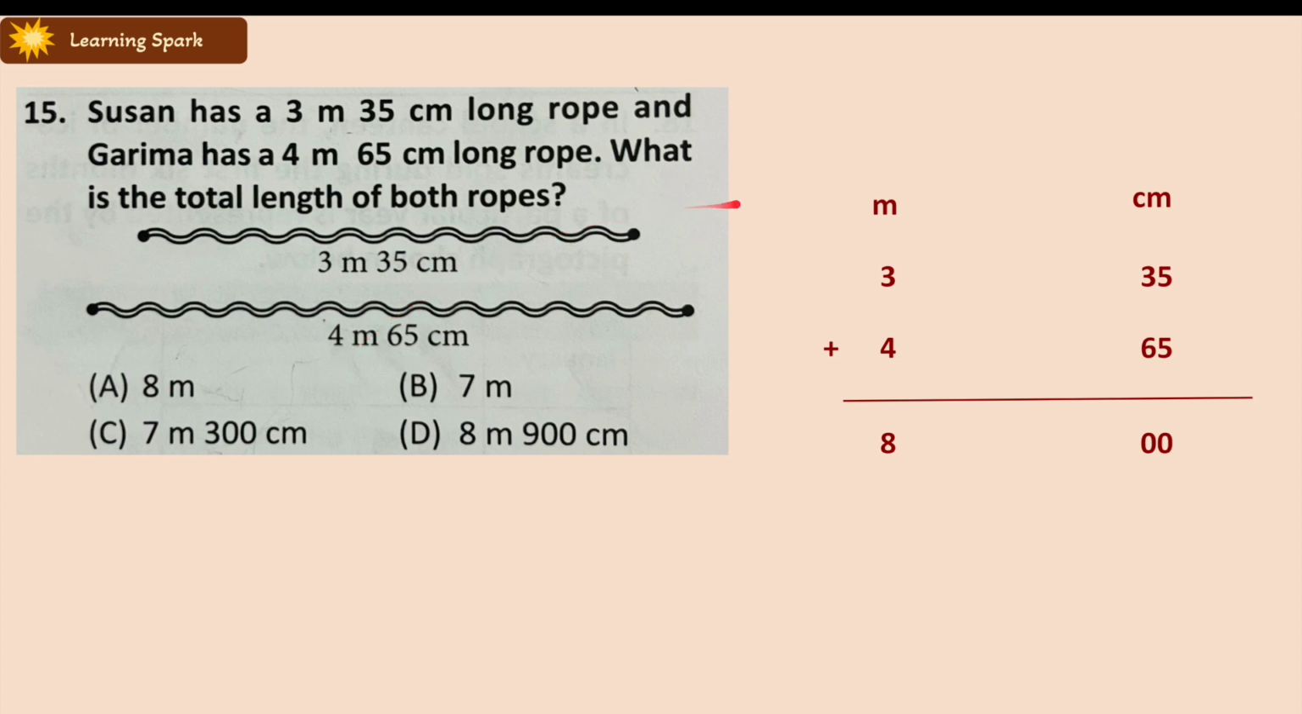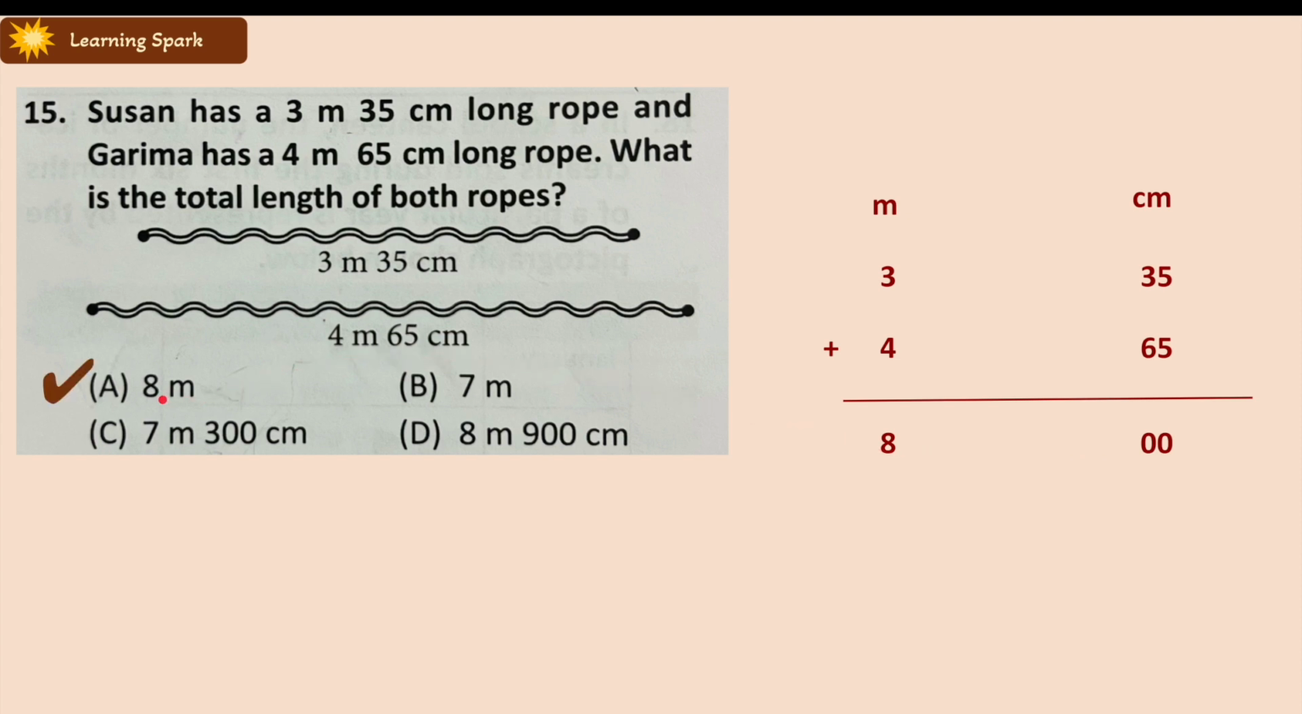Meter and centimeter, so it's the relationship of 100, right? 100 centimeter equals 1 meter, and it says 3 meter 35 and 4 meter 65 centimeters. So 35 plus 65 equals 100. And for 100, it's carried over to the meters place, right? So 1 meter plus 3 plus 4 is 7, and 1 is carried over, so total 8. So 8 meter 0 centimeter, which is 8 meter. Okay, so the answer is